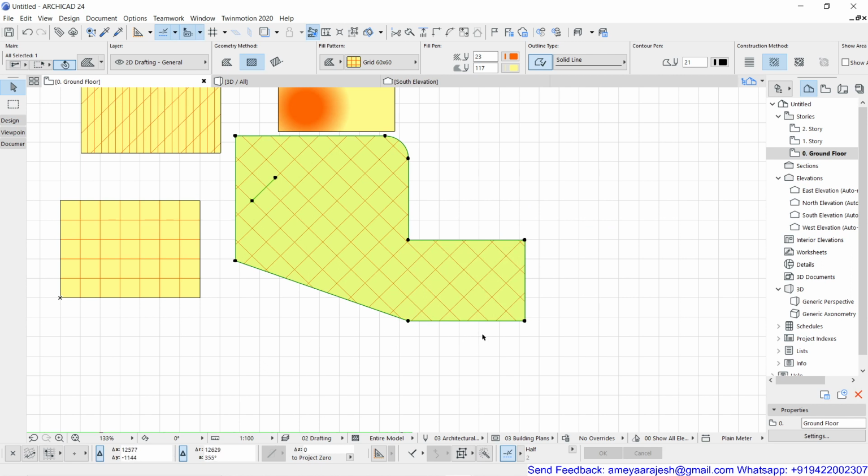Now, if I want to deduct something, you can follow a similar logic. There are some other things at the time of deduction, that is, subtract. Again, the geometry method plays an important role. Later, in the next clip, I'll explain how to deduct odd shapes or a circular area, because there is no default circle you can deduct. But till then, we are going to follow the similar option.